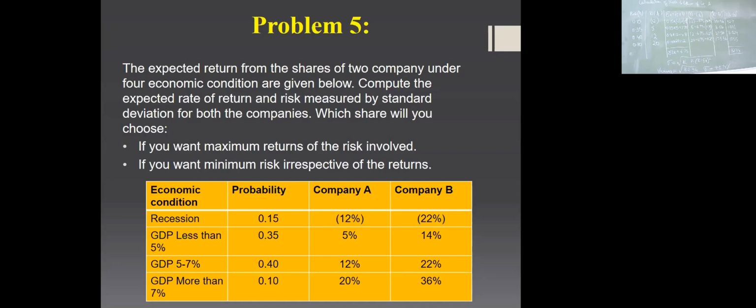Be fast to do it for company B also. Or let me know if you have done so that I put it on the board only. Probability remains the same. ER total 10. Chetan, ER total. ER 6.75, no?